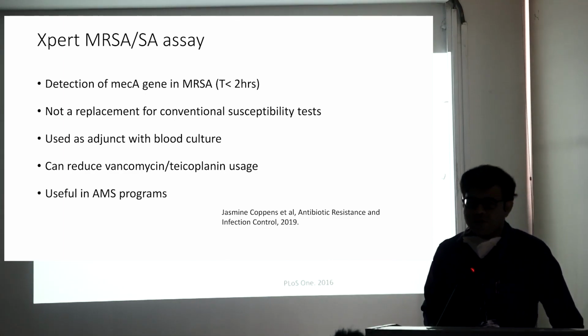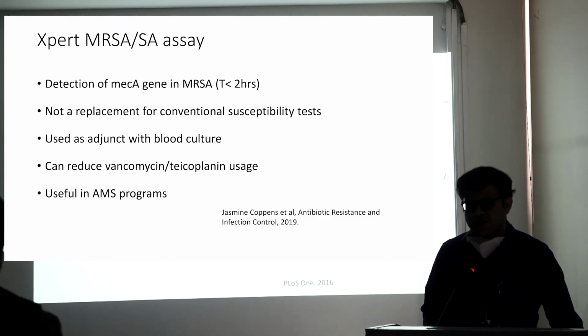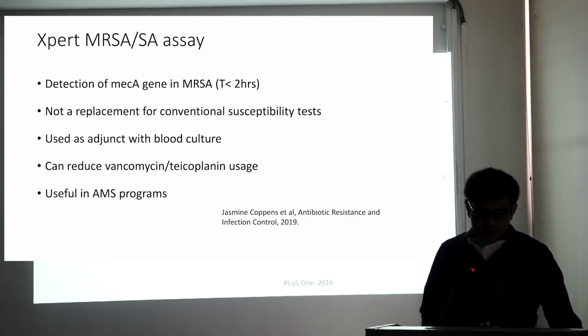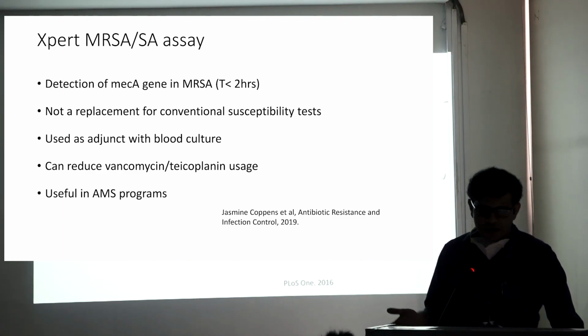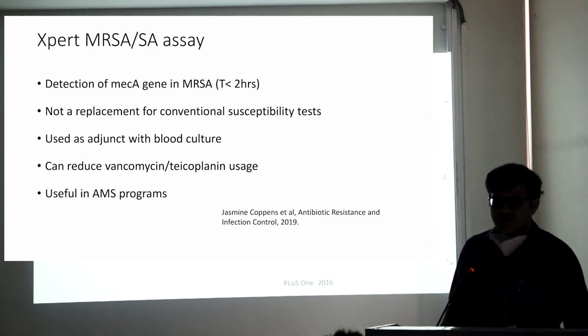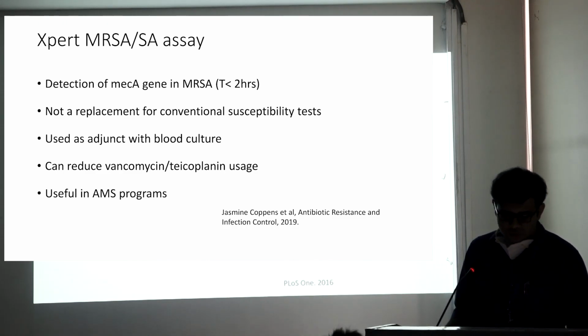Now this is the one that we are using, the Xpert Carba-R. When you have a sample, you get a culture, and you may get a culture report with certain abnormalities, like a patient having a carbapenem resistant organism but cephalosporin sensitive. Now you have to think what's going on. If you want to know what resistance genes are there, and you want to plan your antibiotics accordingly,